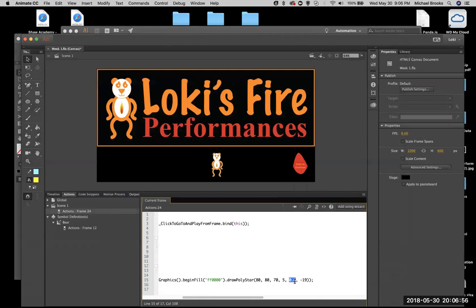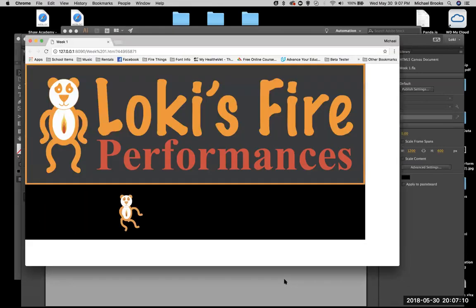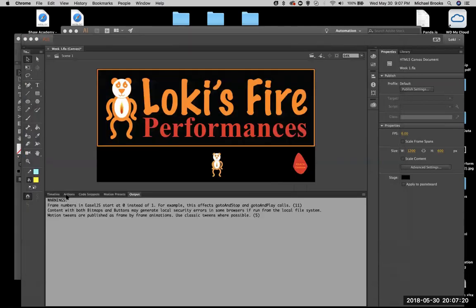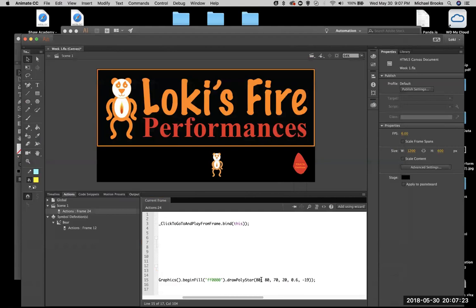Now we're going to take this, and actually go to 20. And watch what happens. It's now a 20-pointed star. So now you're starting to see, all right, so 80, 80, it's 72 each, right? 80 over, 80 down to the center. 70 long, 20 points, 0.6 degrees,